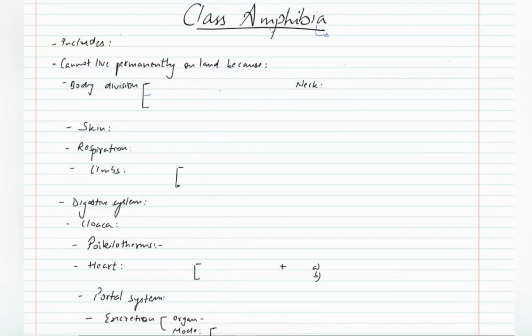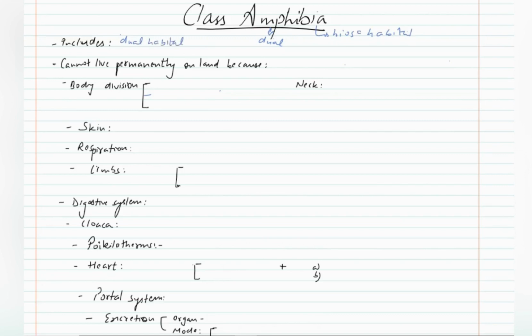In the previous video, we had discussed about class Aves. In this video, we are going to discuss about class Amphibia, which is a class under superclass Tetrapoda. Amphibia is made up of two words. Amphi means dual and bios means habitat. So this includes animals with dual habitat,